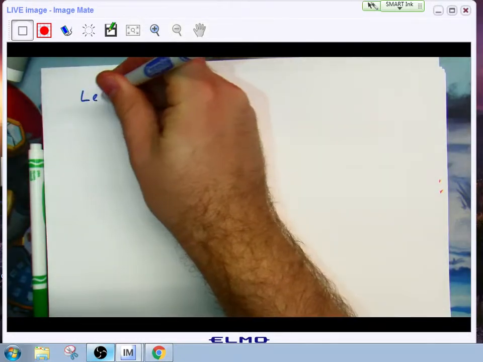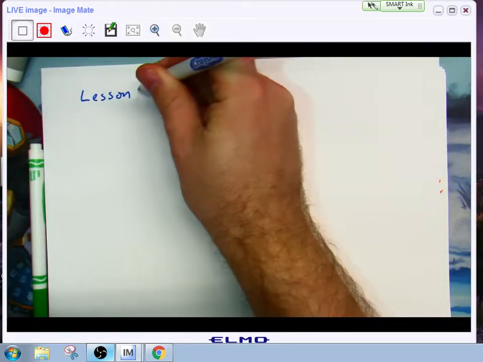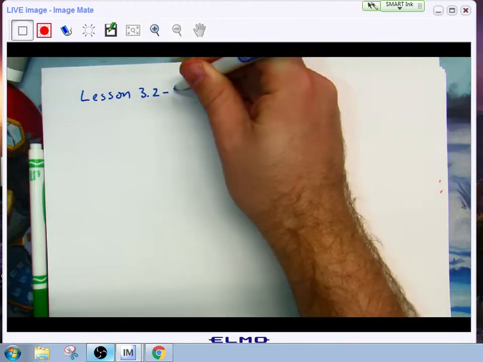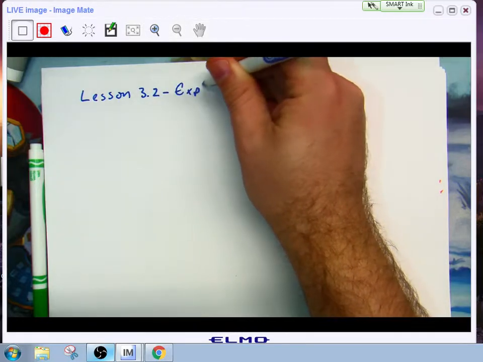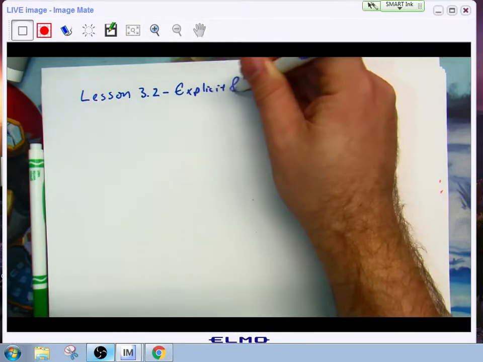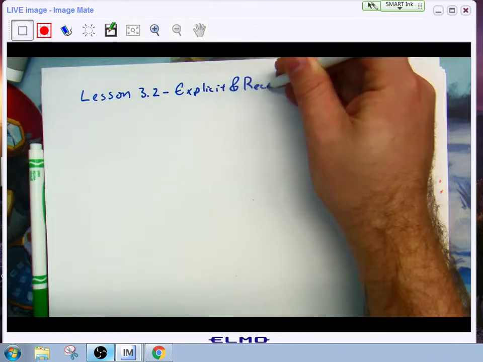Okay, guys, awesome. So this is our next lesson here. We'll call this, let's do it in blue, Lesson 3.2, explicit and recursive